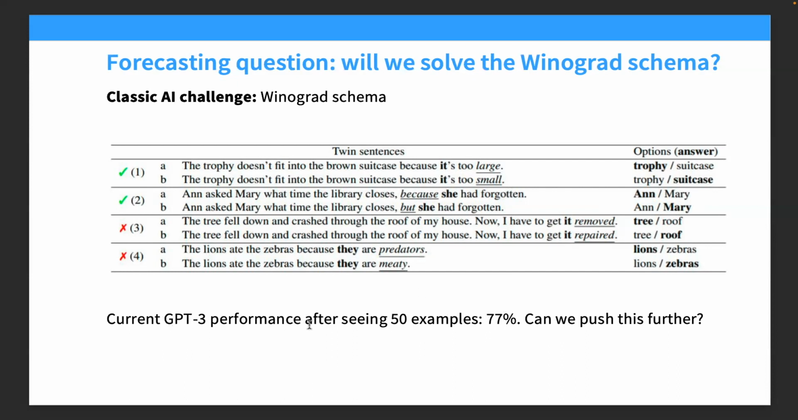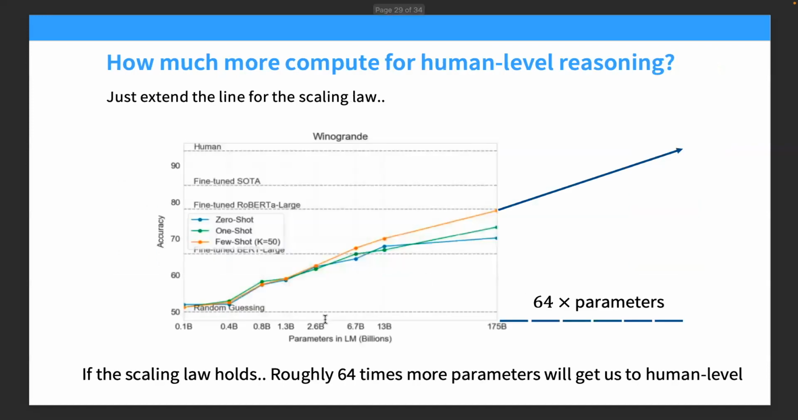Current GPT performance after few-shot training with 50 examples can get 77% accuracy. Can we push this further? We can use the scaling laws. The x-axis is the model size, and the y-axis is the accuracy. Any questions? And then you can see the RoBERTa model, the state-of-the-art model, and also the human performance over there. And then this is GPT-3,